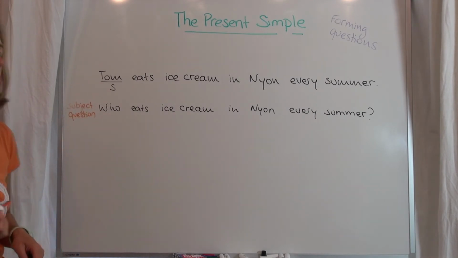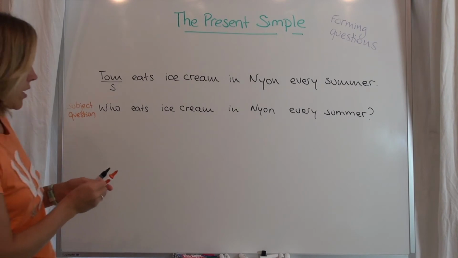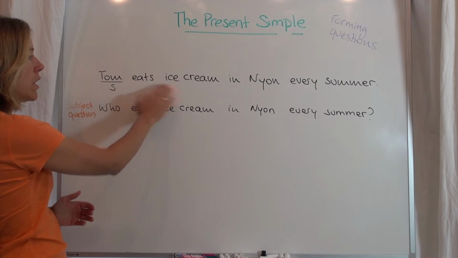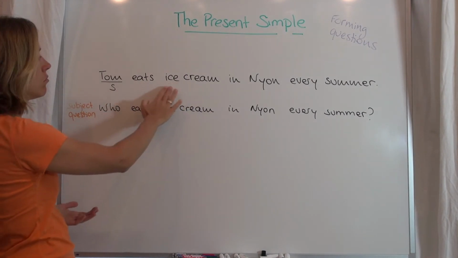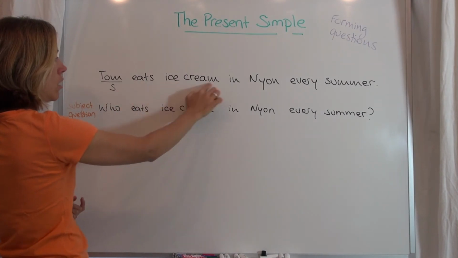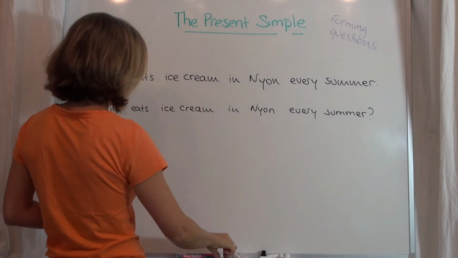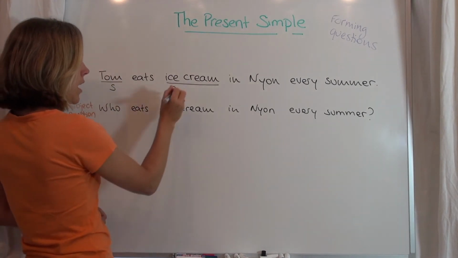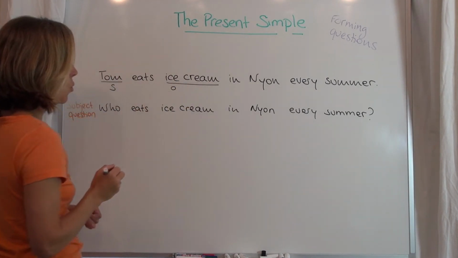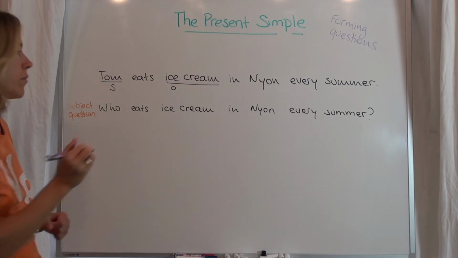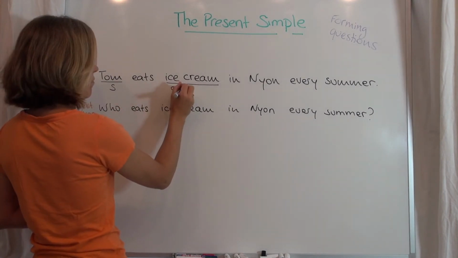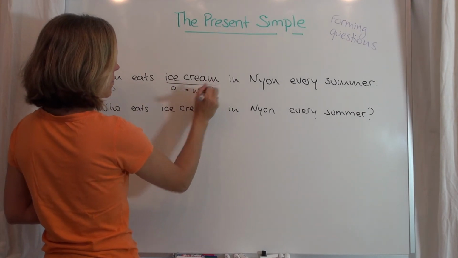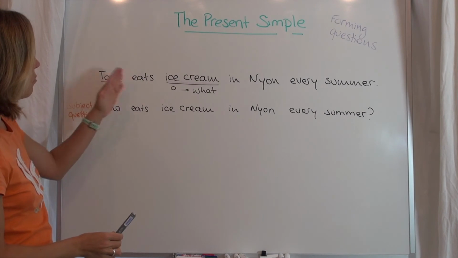Or a question on the subject. Okay. So now let's imagine we're wondering what Tom eats. Qu'est-ce qu'il mange, Tom? So we will ask the question about ice cream. Ice cream is the object and it's a thing. So what could ice cream be? Ice cream is a thing, so it's what? So now here we have Tom eats what in